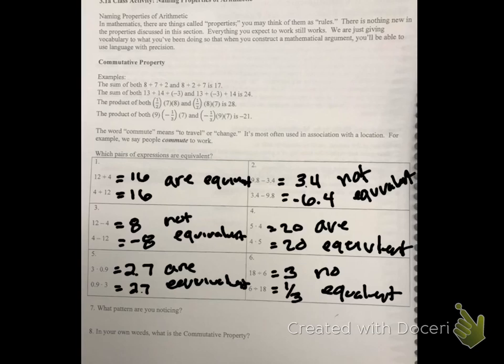Okay, what is the pattern you're noticing? Number 7, addition and multiplication are commutative. That means it does not matter the order to complete the problem. So on number 8, in your own words, what is the commutative property? Okay, turn your page to